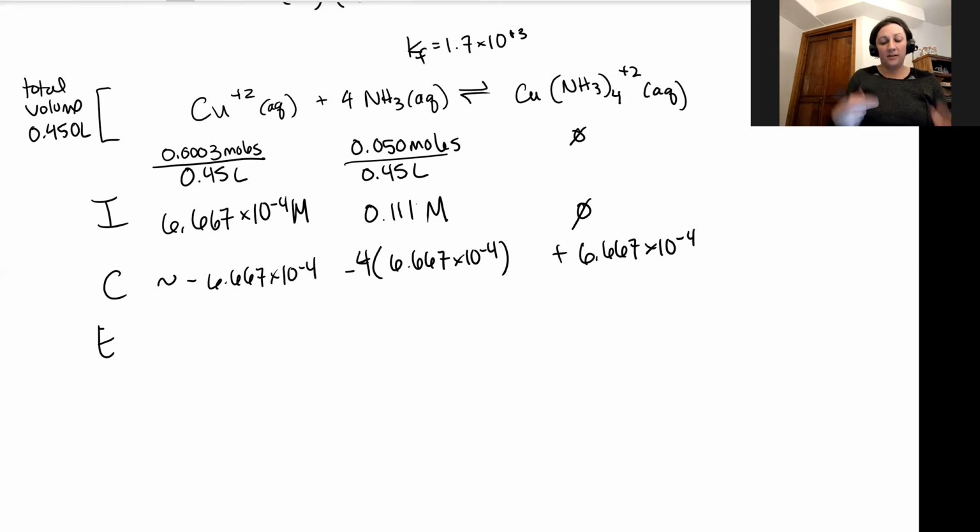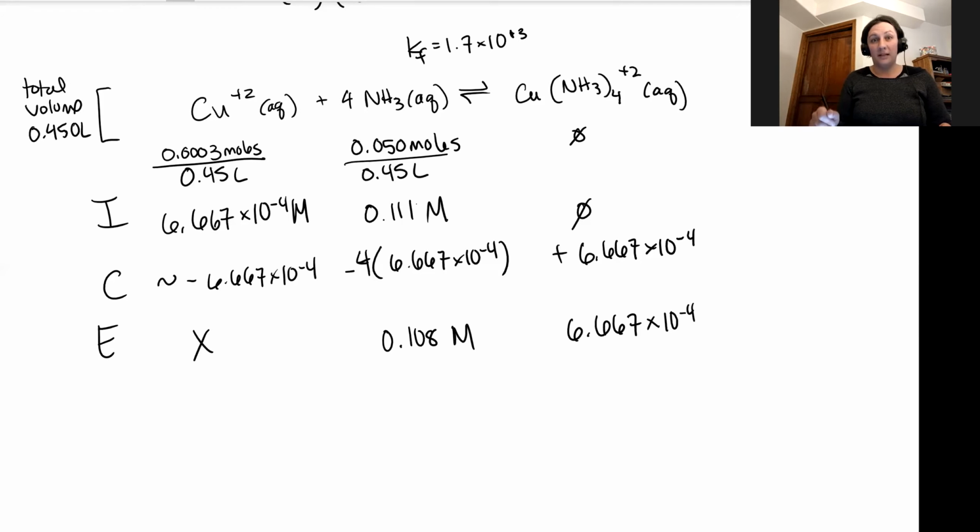My equilibrium concentrations then are going to be X, and that X is really saying not all of it goes, but pretty much all of it compared to the other concentrations. So we'll call this X. That's what we need to solve for. When we subtract our change from our initial amount of ammonium, we're going to get 0.108, so I guess it's 0.1089 or 0.108 molar. And then we'll have our 6.667 times 10 to the negative fourth